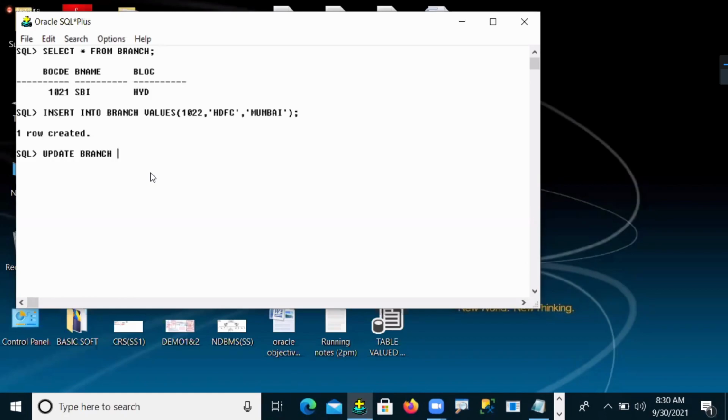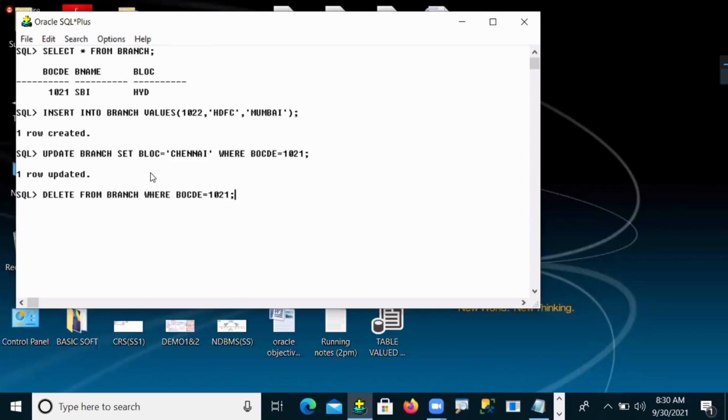Update branch set branch location equals Chennai where branch code equals 1021. That is also done. Then delete from branch where branch code equals 1021.